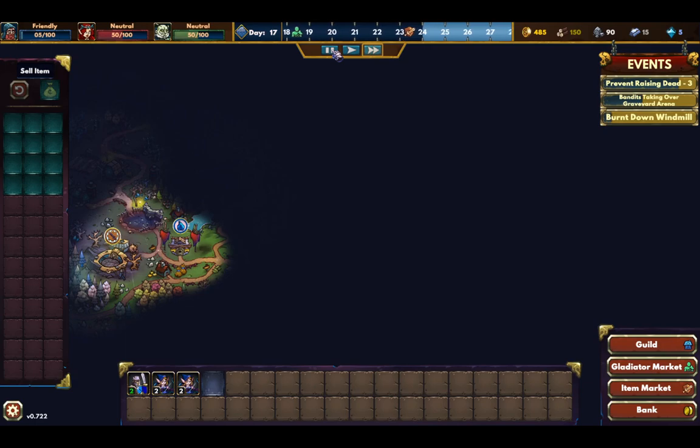Burnt down Windmill. Also, there's weather, and this weather makes the strength of all gladiators reduced by 25%. If, for example, I had gotten that